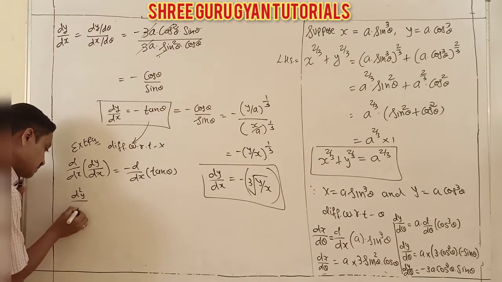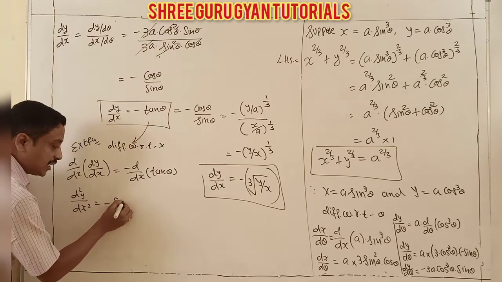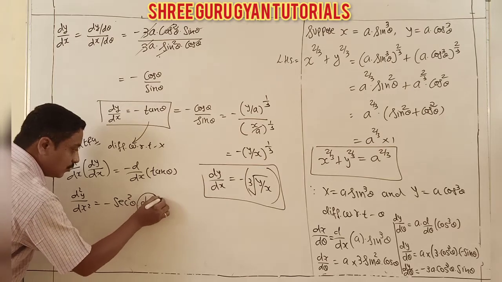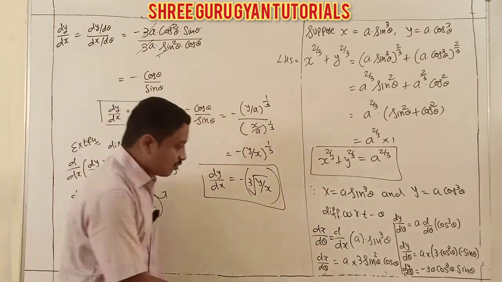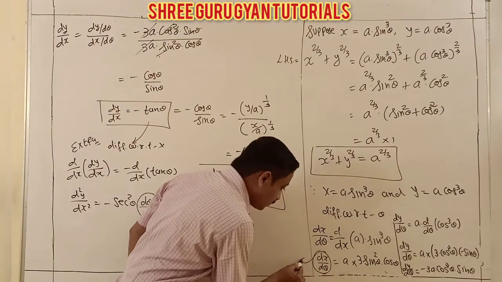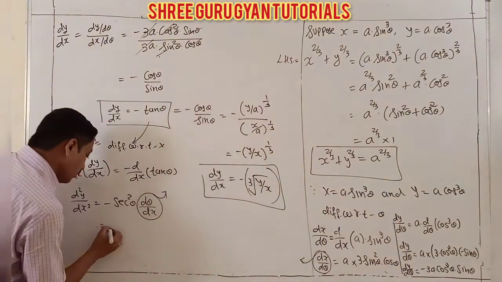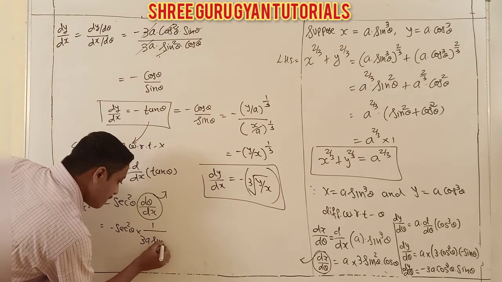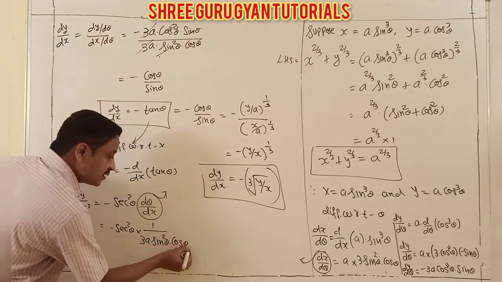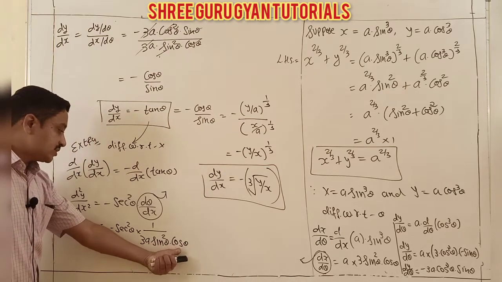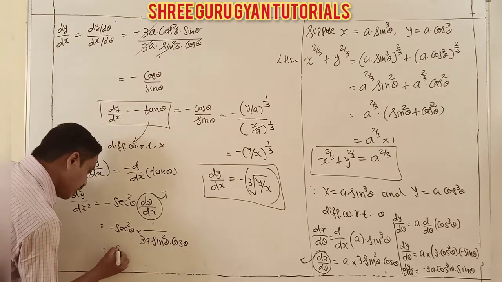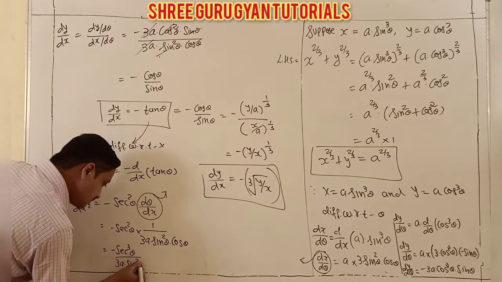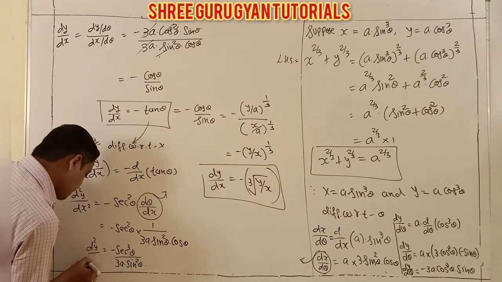So d square y by dx square minus what is tan derivative? Sec square theta d theta by dx, and this value d theta by dx is coming from here, ds by d theta, and fully value apply. So it is 1 by 3a sin square theta into cos theta. Yes, finish there. This cos and this x you are converting into sec cubed theta upon 3a sin square theta, and that is my answer, d square y by dx square.